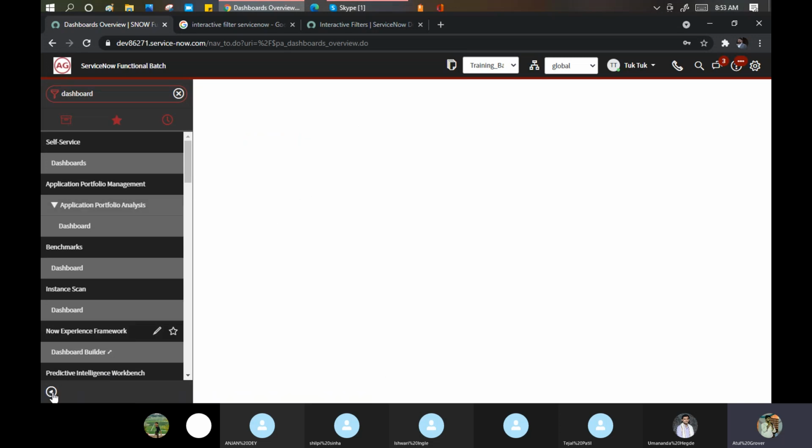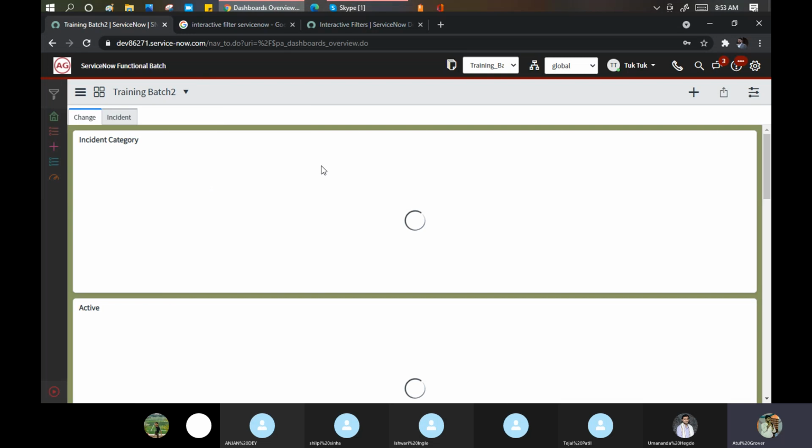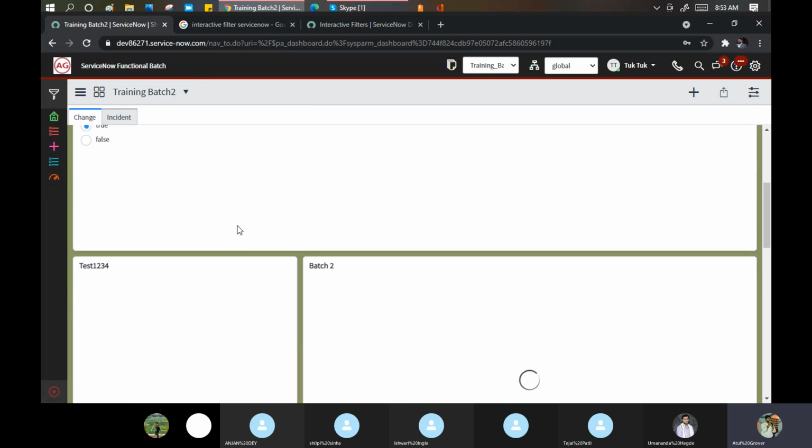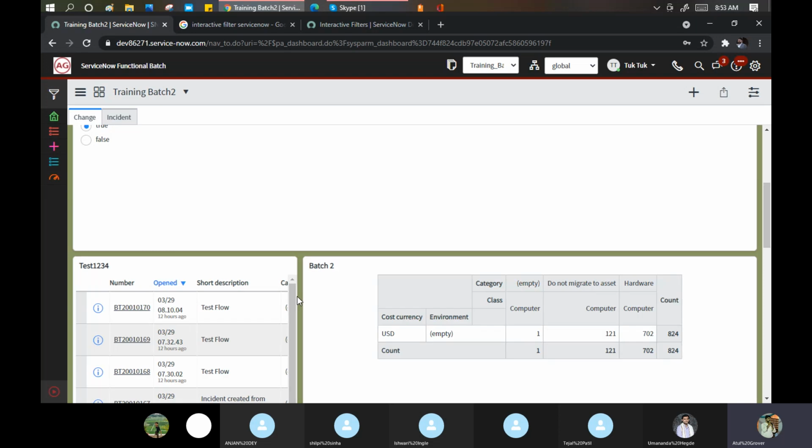Now, the third point is that the report will load. One thing you need to remember: the heavier the report, the more my system's performance will be impacted. So it is better to create simple reports and put them on the dashboard instead of creating one report with multiple conditions.